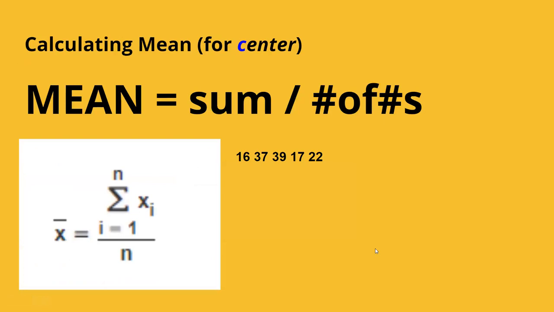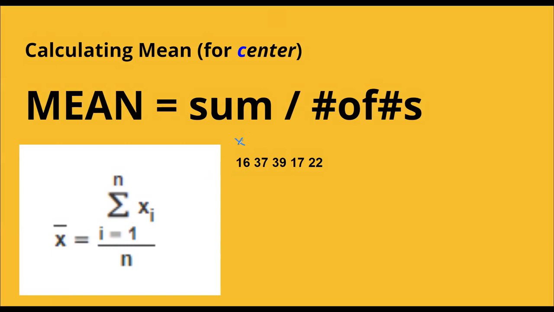Calculating mean. Remember, we do this to describe the center, but only if it's symmetrical. The mean is the sum of all the numbers divided by the number of numbers that there are. And you can choose to remember this one that I just said, or you can look at that one. That's kind of dumb to me. But you need to know that in statistics, the symbol for mean is a letter x with a line on it. So it's like an x that has a hat. But I don't know, there's no point in really using that one because it's a lot simpler, in my opinion,